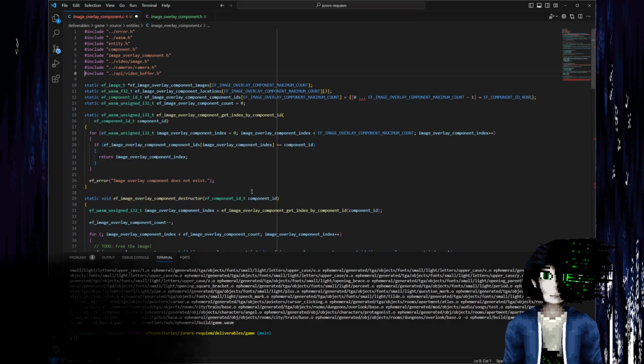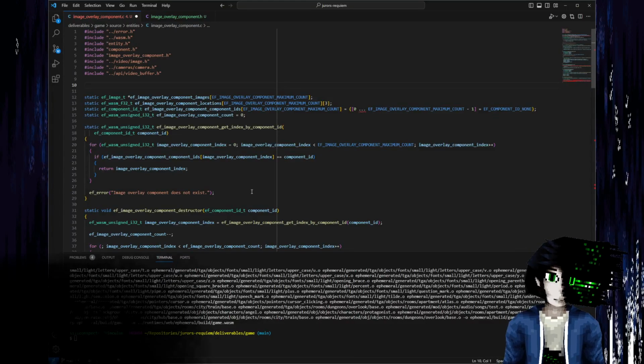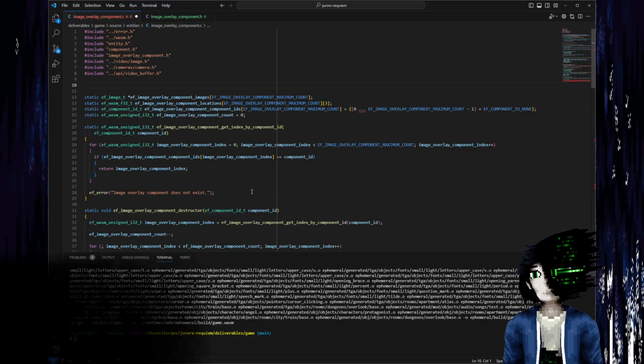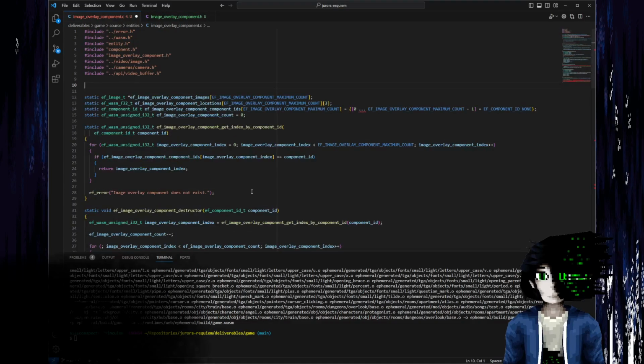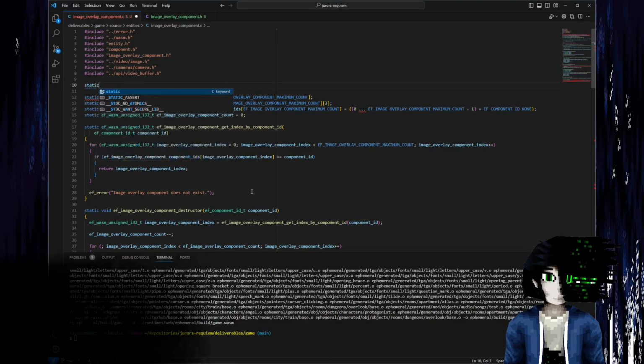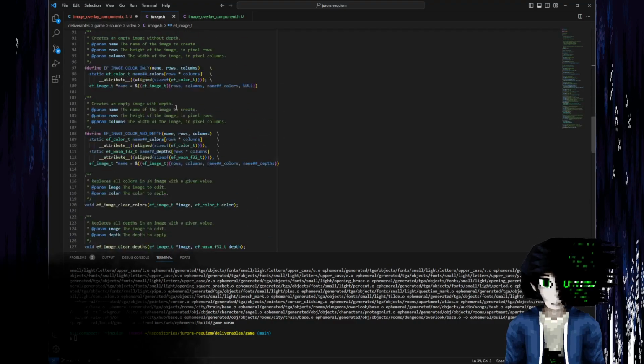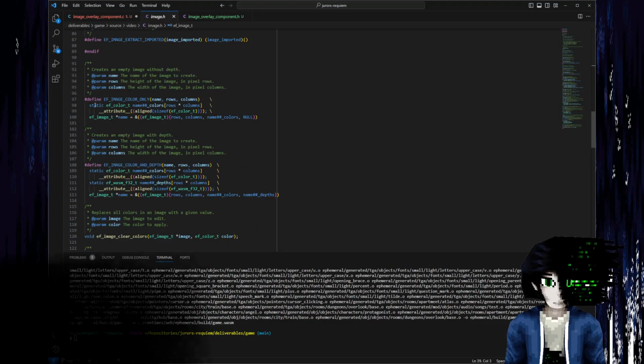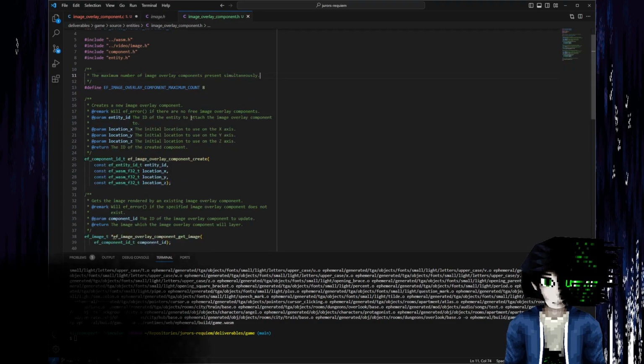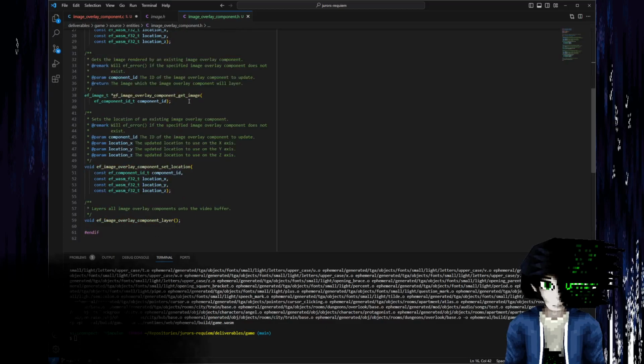Okay, look away, everyone. I'm about to do something horrific. So, if you actually have a look at the macro that defines an image, it's actually not that complicated. It's basically an array of colors. Oh, it's just occurred to me, I should probably document in here. The image will never have